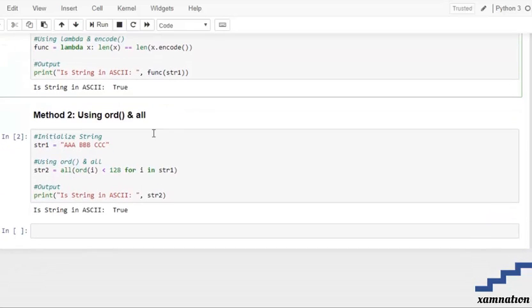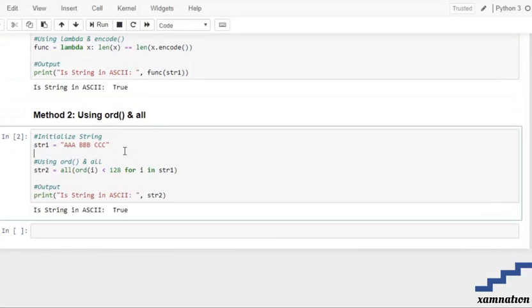Moving forward towards the "or" and then "all". So what is an "or" over here? It's a unique code over here. And in the ASCII, we are comparing that the Unicode of the particular character should be less than 128. So if it isn't, then we are going to get the false, and after that we get